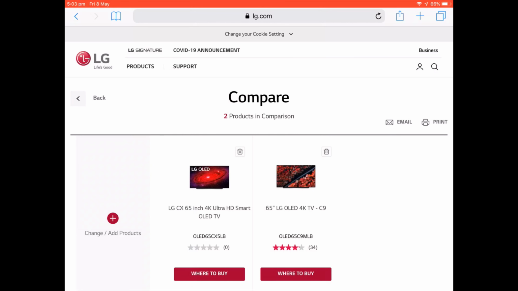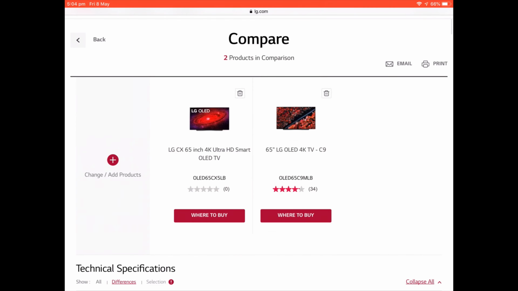So primarily it comes down to two main things. One of them seems to have gone under the radar slightly. That is the DTS, or lack of DTS support, in certain regions for this particular model. As with the C9, you could actually buy it with two different stands, I believe, and there were two different model numbers as well. The one that I have is called 65 C9 PLA, and there was another one, I believe it was MLA or something to that effect. I'll show you by searching later on, but for now I'll just leave it on this